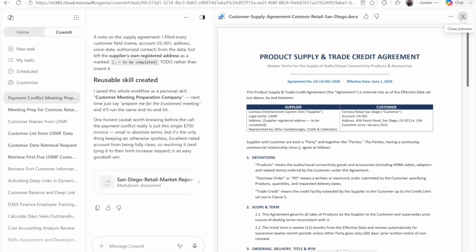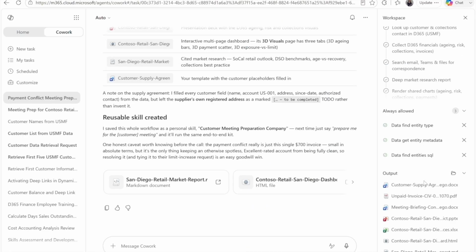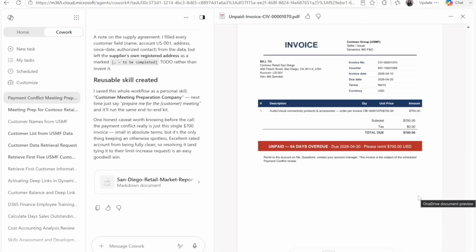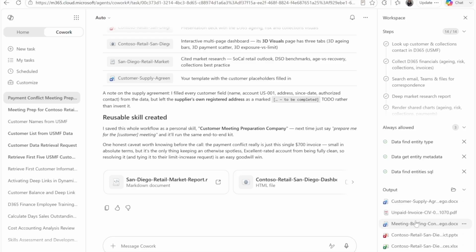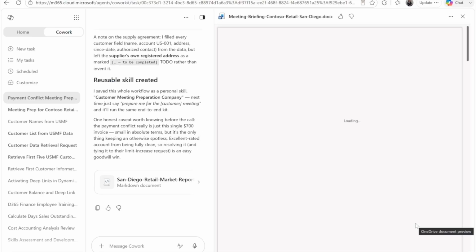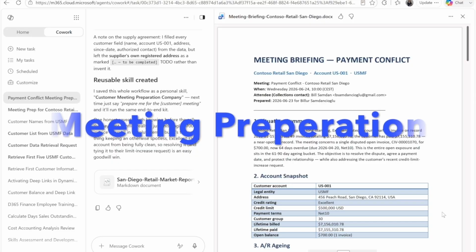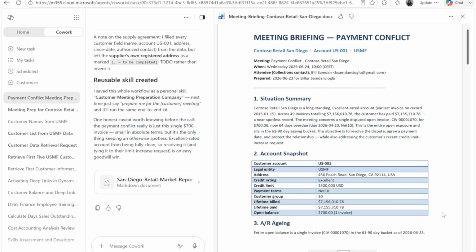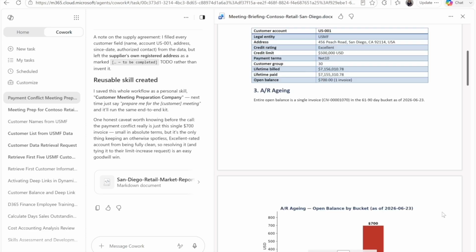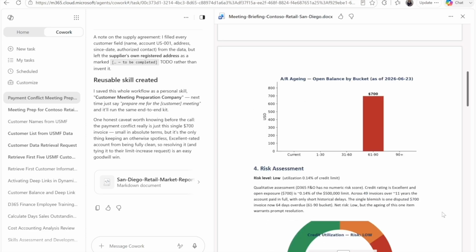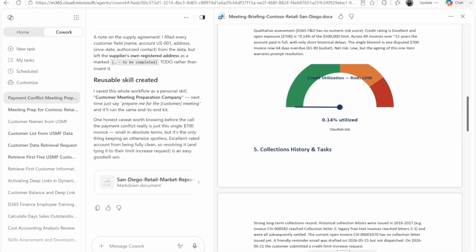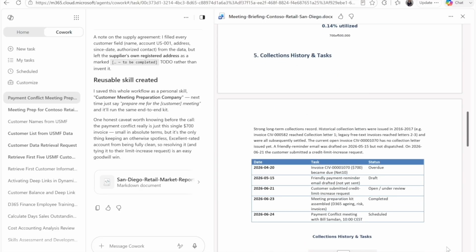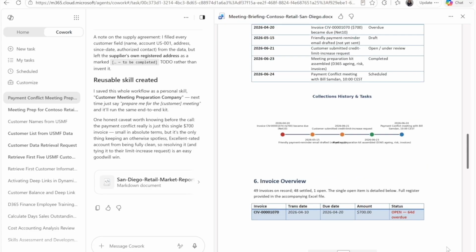Then another skill we have is the PDF. We have asked for the invoices that have not yet been paid. So it gives us the invoices that have not been paid. Then we also have the meeting briefing preparation. It's very important about the meeting briefing. It's not just showing the data, but it also shows us what we need to talk about. So it gives us the meeting highlights, yeah, exactly, the topics that we need to take care of,